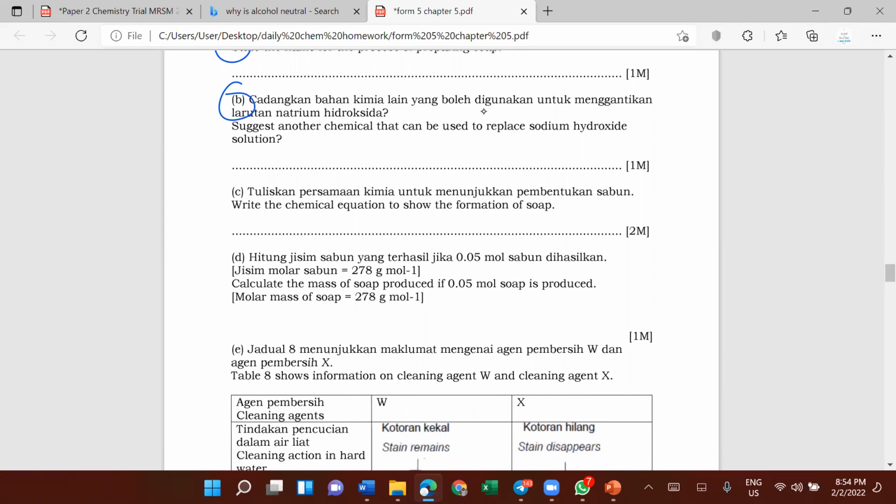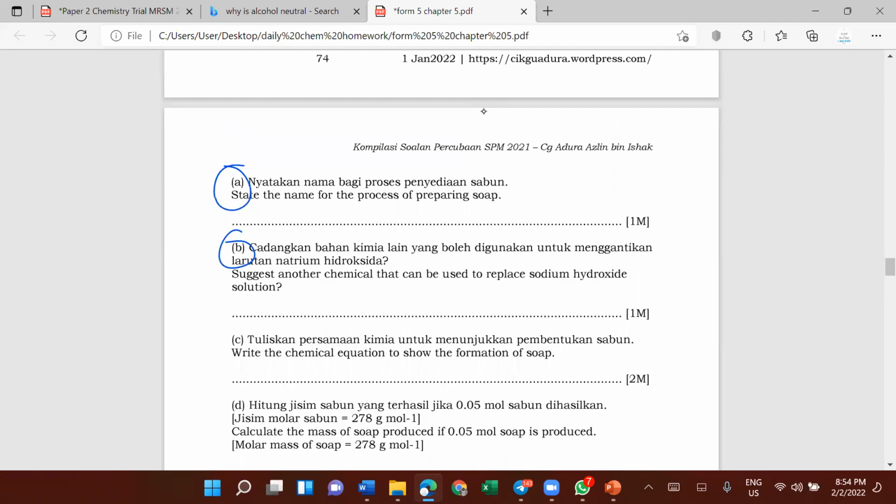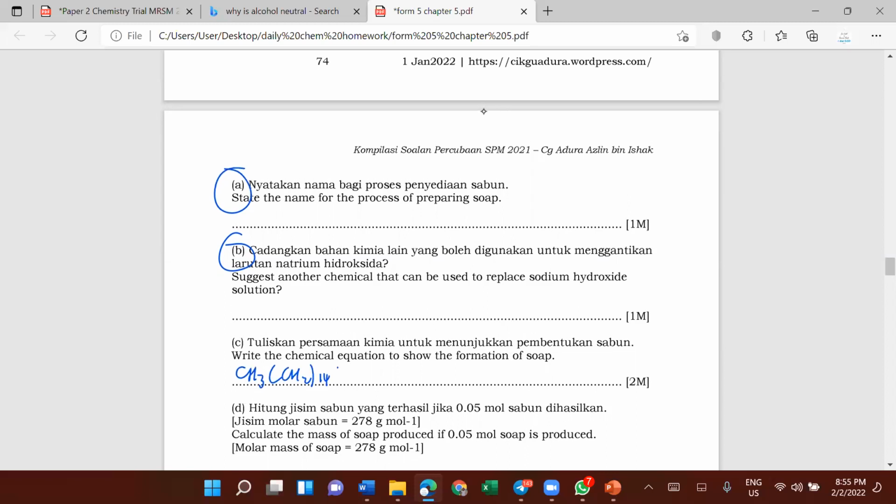Write down the chemical equation. Yuga, teacher wants you to try. And the rest of you try as well. I want each one of you to try this question. CH3(CH2)14COOH plus NaOH arrow CH3(CH2)14